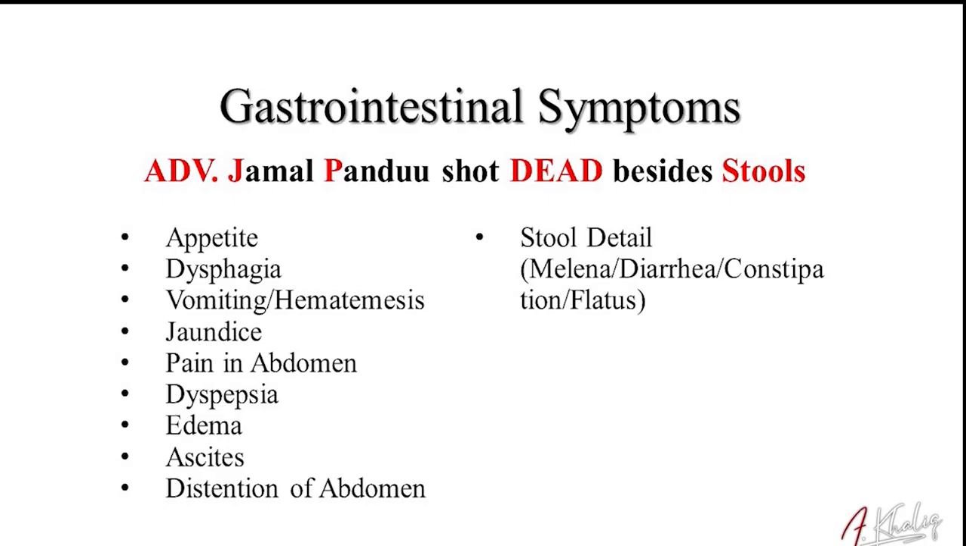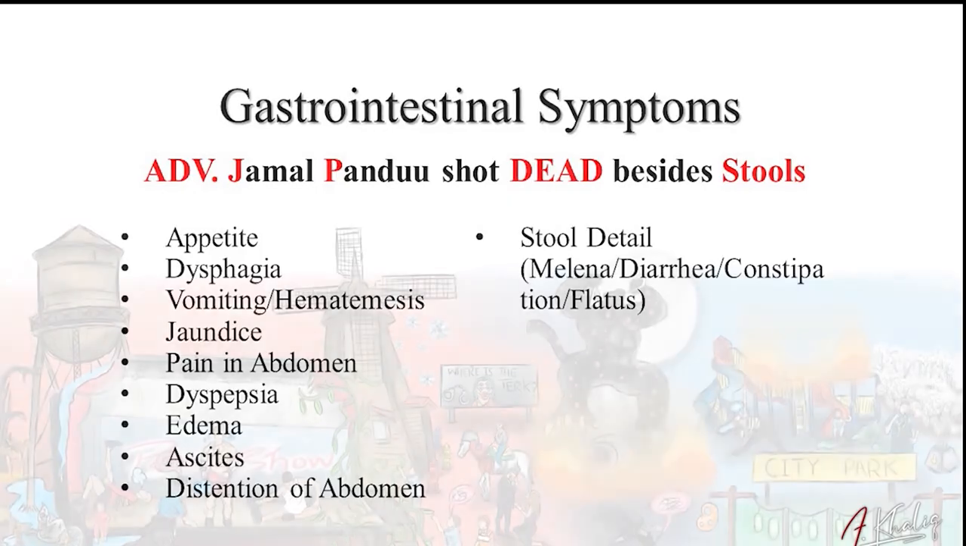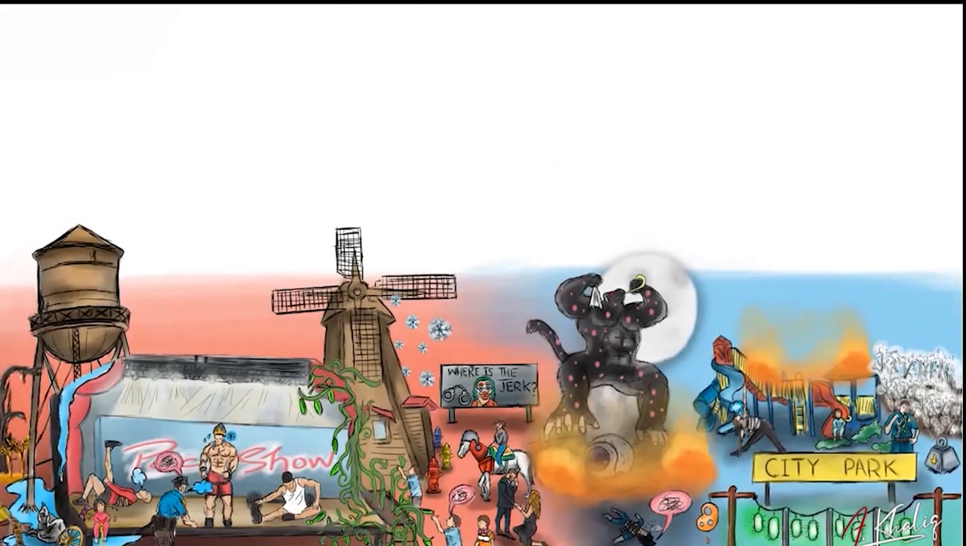Sounds fake, but okay. Anyway, what we are going to discuss in this scenario is appetite, dysphagia, vomiting or hematemesis under the same heading, jaundice, dyspepsia, edema, ascites, distension of abdomen, and stools in detail. That includes constipation, diarrhea, flatus, melena, and so on. Sit tight and get ready because we embark on a journey to investigate who shot our advocate Jamal Pandu dead